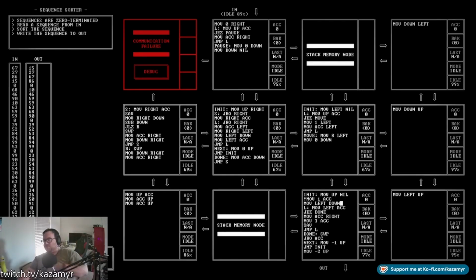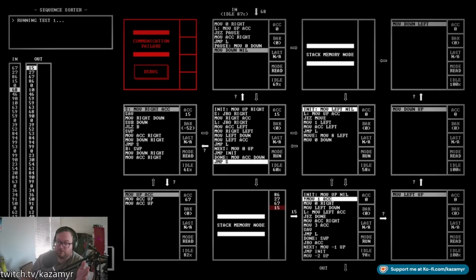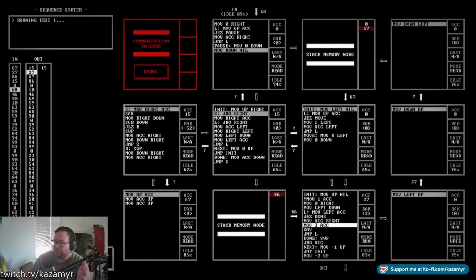Excuse me. At some point, we need to put a 0 back in this node. So I'm going to assume that we'll just always push a 0 first. So we'll go ahead and move 0 left, right. We always want to start with a 0 so we know where to stop that iteration. All right, so we push 0 up, we push 67 up. We've pushed 27 up, and then we push 86 up. And then we wait on more,